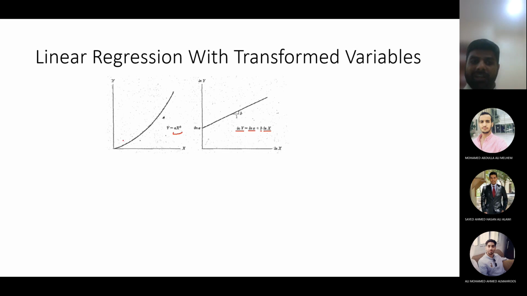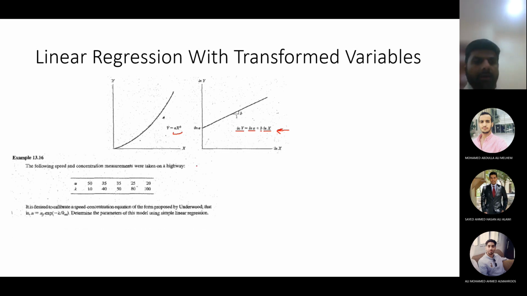Okay, so the actual relationship for this is a non-linear relationship. I transform the variables so that I am plotting the transformed version of the variables, but the line becomes linear. So now I can apply the concept of simple linear regression on this line without any problem. You will calculate log of a like you were calculating a for simple linear regression, and you will calculate b in the same manner. The only difference is instead of y and x, now you will take log of y and log of x.